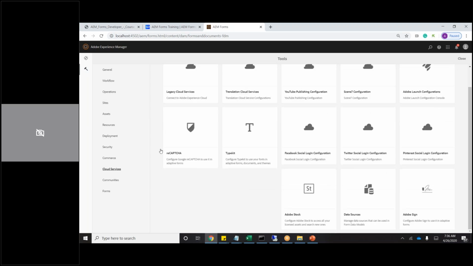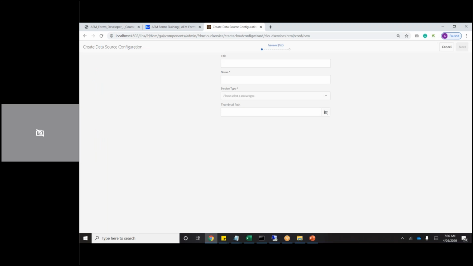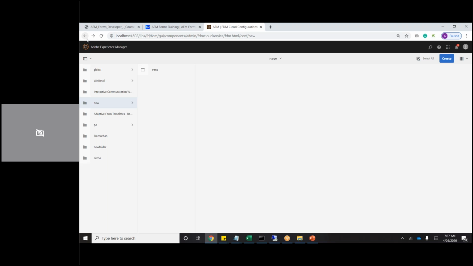If you see cloud services, then data sources. In data sources, you will create your configuration. So before creating your data model, we need these. You will see OData, Microsoft Dynamics connector, RESTful is REST service, SOAP is SOAP. The database connection that I was talking about is a totally different UI. We'll do it via the config manager. That is not a cloud service. Okay, and so we know where is adaptive form, we know where is template, we know